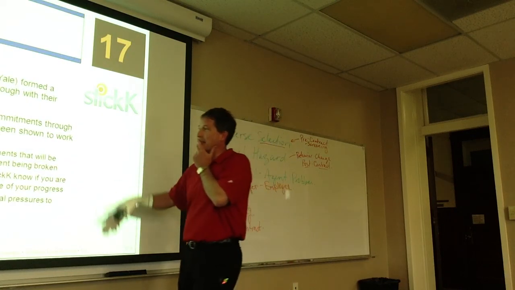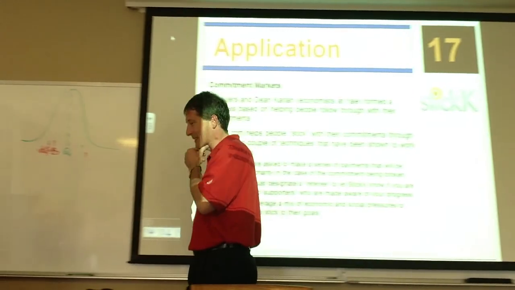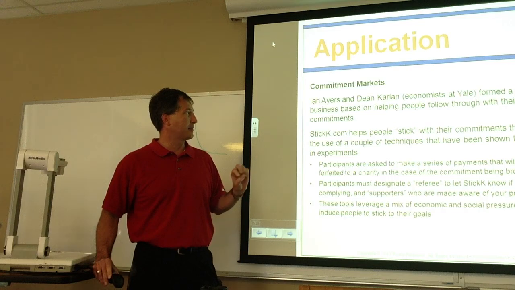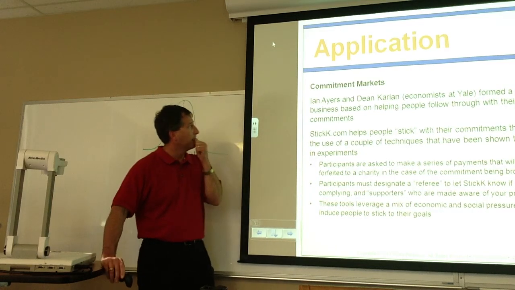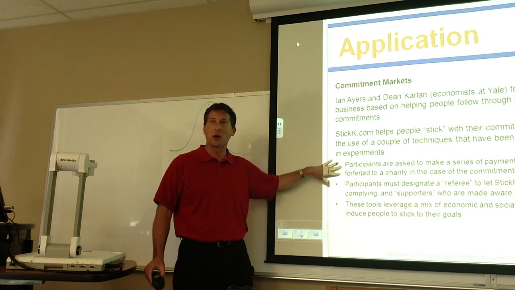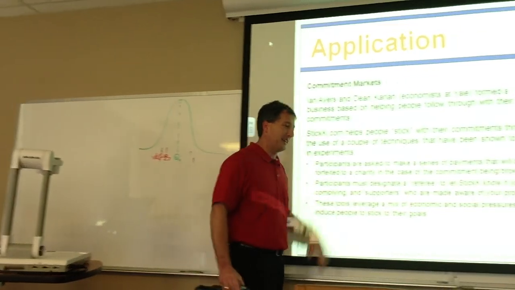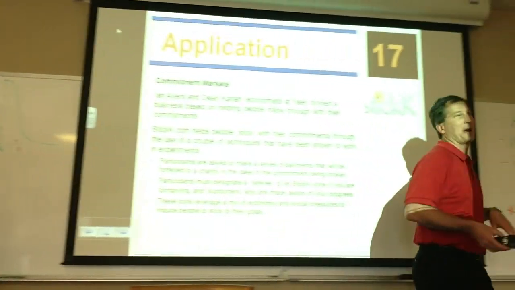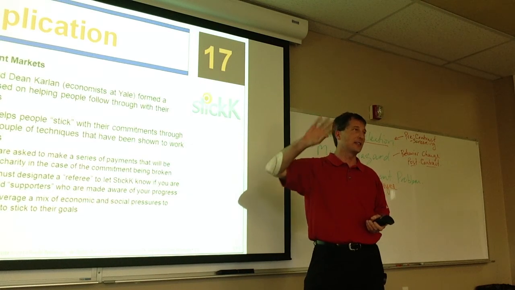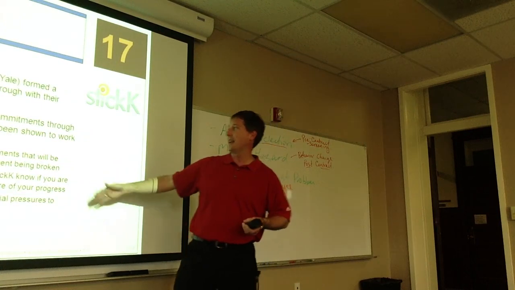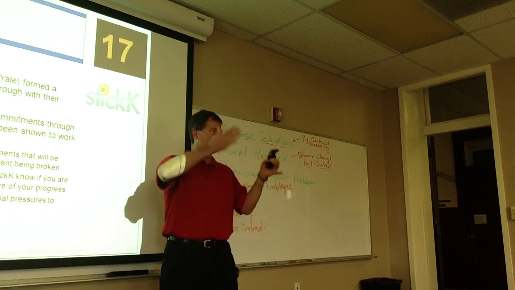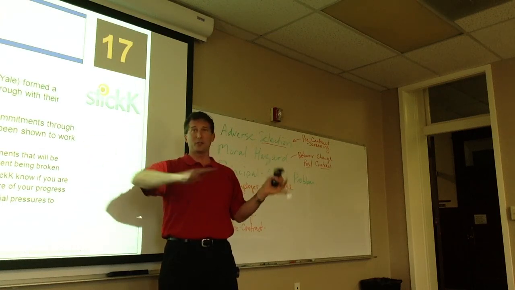All right, just a quick comment on this one. An economist designed something thinking about these biases and how they might get people to stick to what they're doing. Have you heard about this? They'll give your money to a charity if you don't do it. So the idea is you say, I want to lose 10 pounds, and you put $50 or $100 into their account. And they have referees that keep tabs on your progress, and if you're not doing what your plan was, whatever you set,